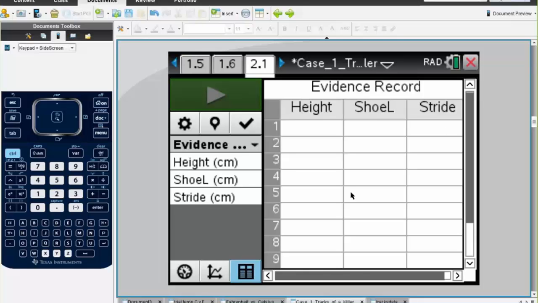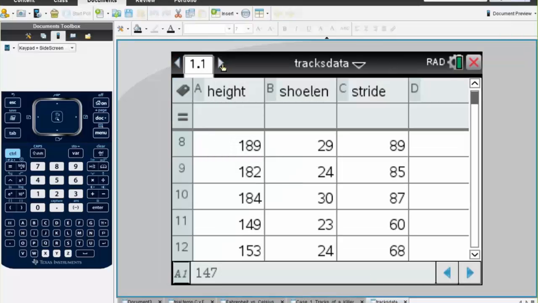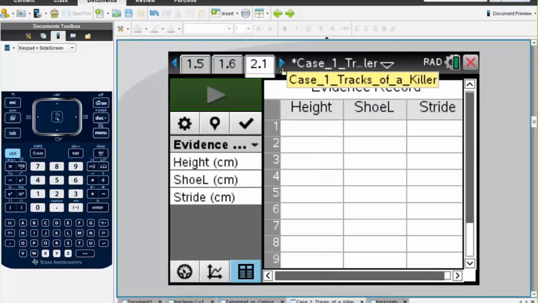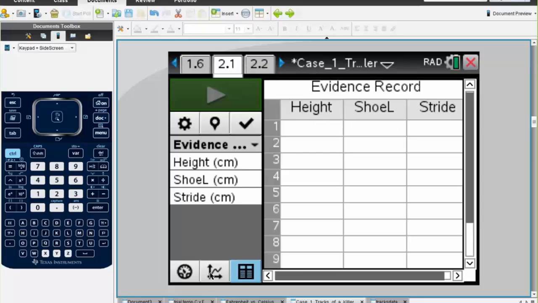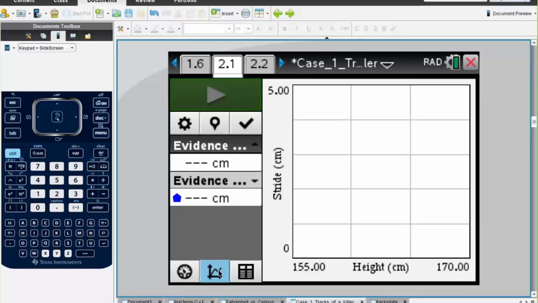The other way you can do this is to just put in a lists and spreadsheets page. Call it height, call it shoe length, call it stride, and fill out the information. Now with Tracks of a Killer, the activity says, as you go through, select the graph view on the previous page, so they go back, and if there is data in here, they will see, in this case, height